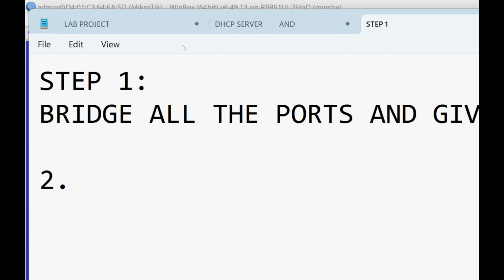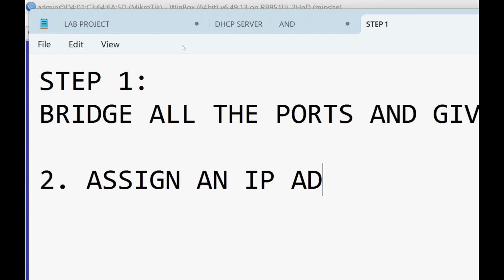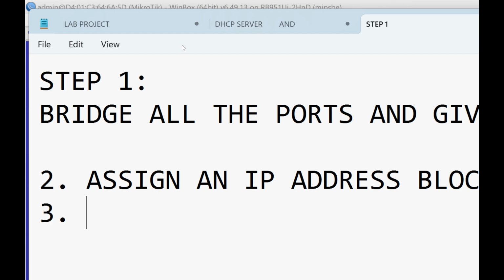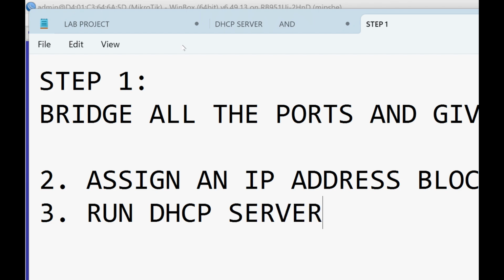Step two, assign an IP address block to the bridge. Step three, run DHCP server on the